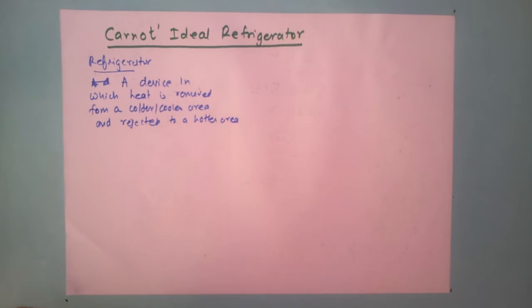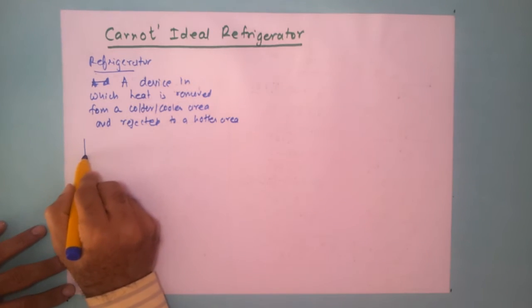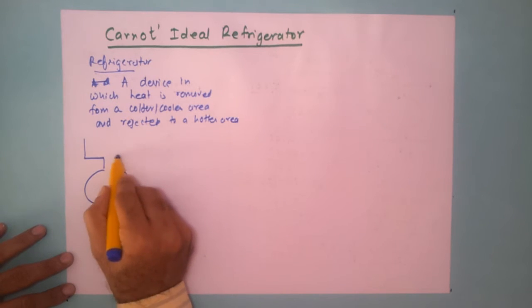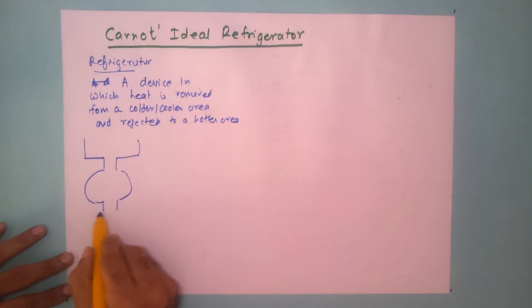And quite obviously, to do that, we need to do work, and therefore we use electrical energy. The electrical energy runs the compressor, and the compressor then helps us remove heat from the foodstuff and throw it into the atmosphere. So that is the concept of a refrigerator. And if you look at it closely, it is actually the heat engine running backwards. So let me once again draw the diagram of the heat engine, and then we will compare both of them and see how they are opposite to each other.